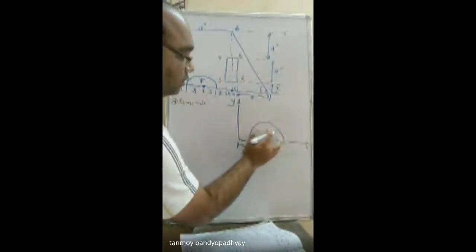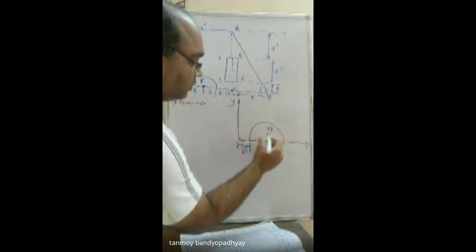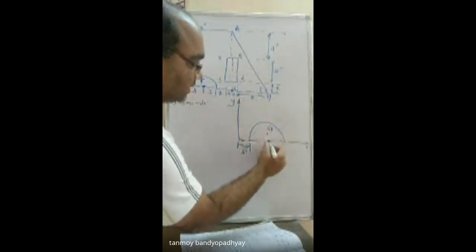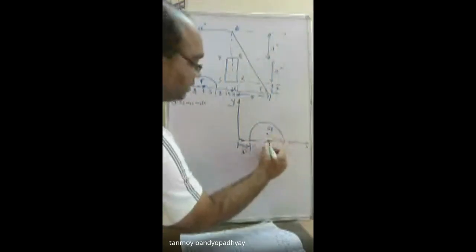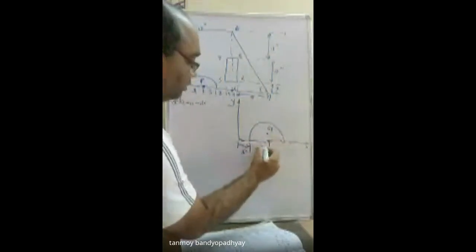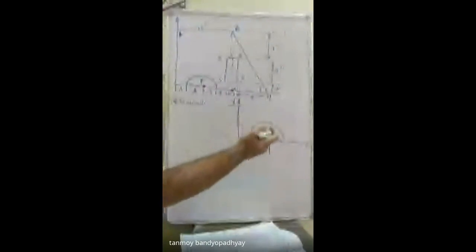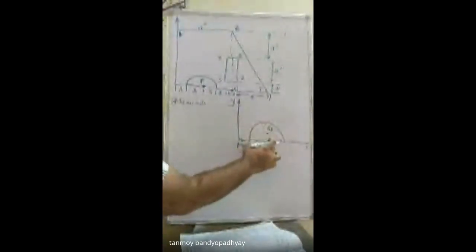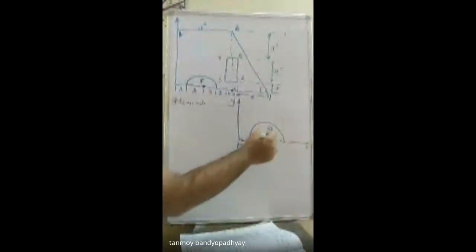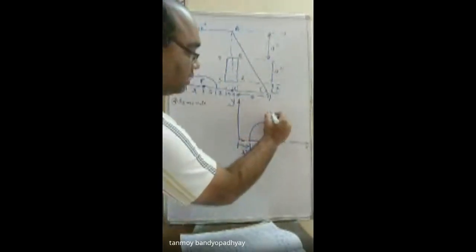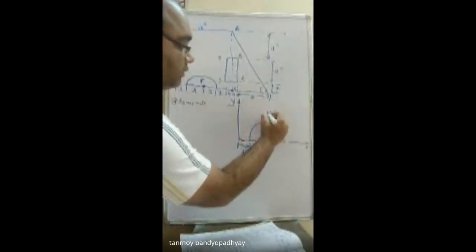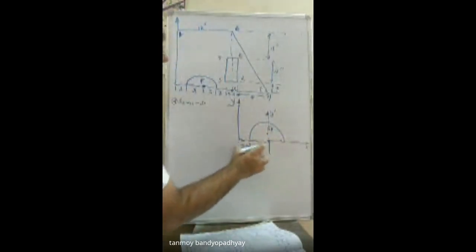This is G4. This distance will be equal to half of this one, which is given. So this one will be 3. It is symmetric about the y-axis, so this should be 3, and it will lie on the y-axis of the semicircle itself. If this is y prime, the local coordinate of the semicircle, it should be 3 plus 3.